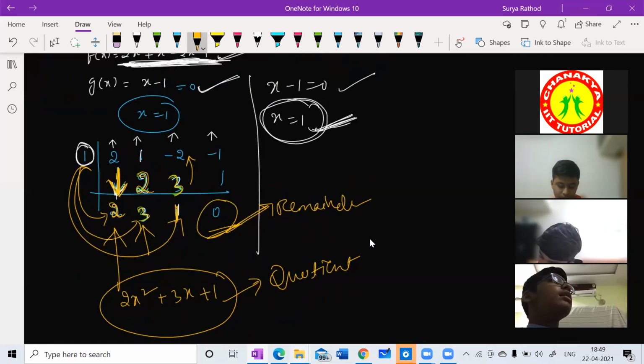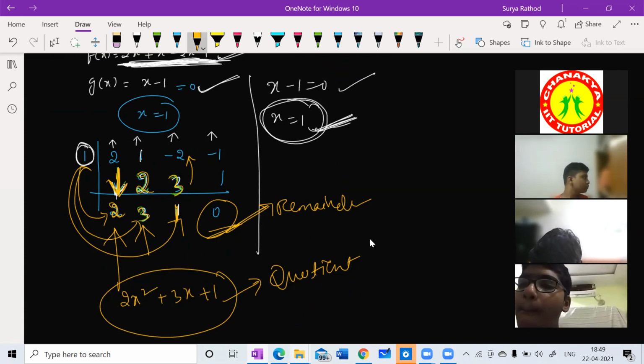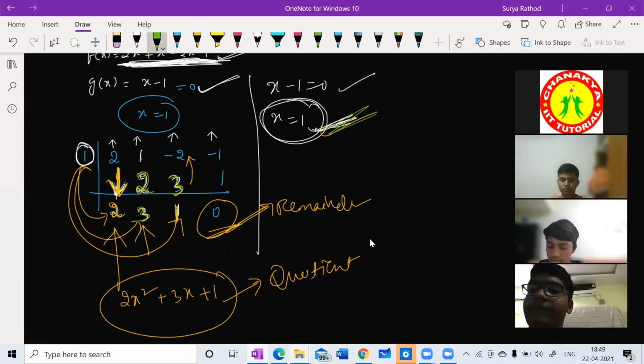See here, someone is talking. I'm getting such a lot of noise over there. Sorry, sir. See, what's happened is that if you're talking at the same time, I'm unable to understand anything. What is your doubt? One member at a time, please. Someone was saying g of x is equal to 0. That part I understood. After that, I couldn't understand anything of what you're talking about.